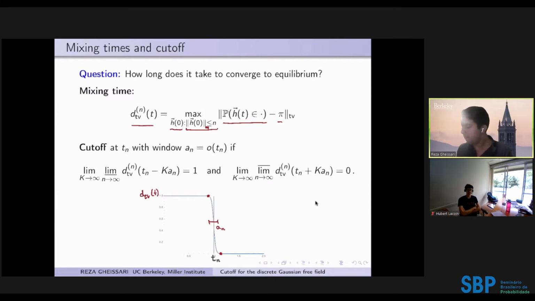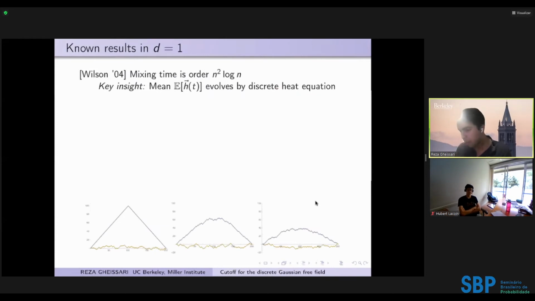Just some background on what's known about mixing times for the random surfaces we described. Work of Wilson in 2004 showed, focusing first on random curves in dimension 1, that many of the random curve models that I described, in particular, for instance, the exclusion process or the DGFF,